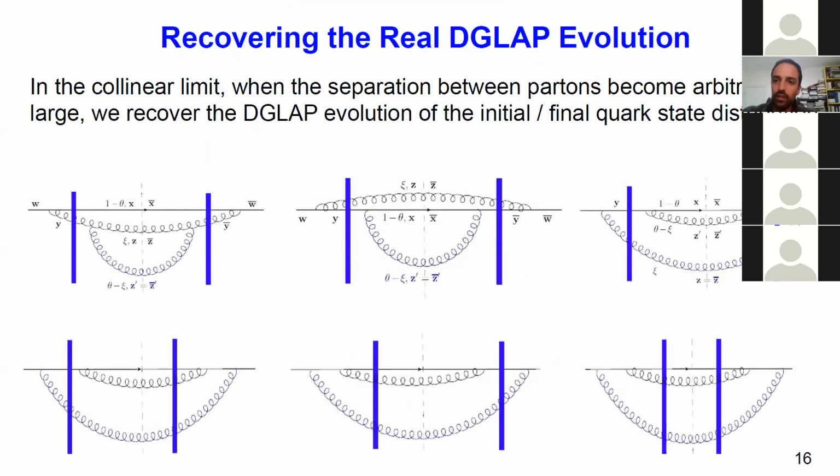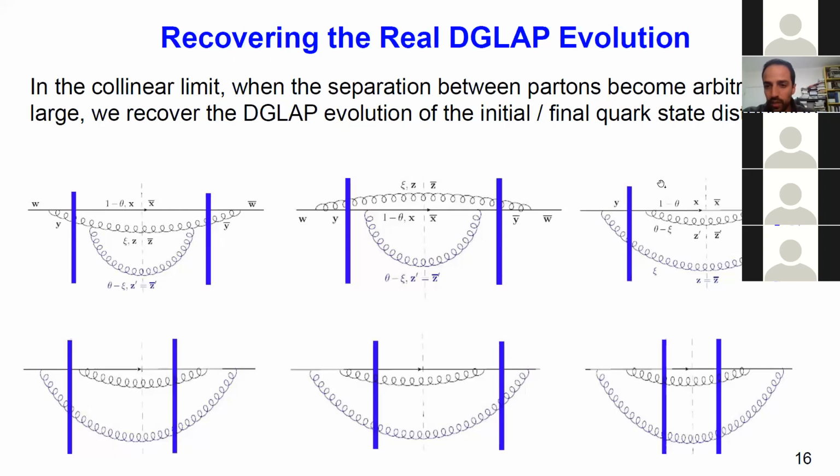So this was about the soft limit, and of course there is another good limit to check, which is the collinear one. In the collinear limit, the separation of two partons becomes arbitrarily small. We expected to find the DGLAP evolution on the initial and the final quark state distribution. So we checked this limit, and what I'm going to show you in the next slide is what we get